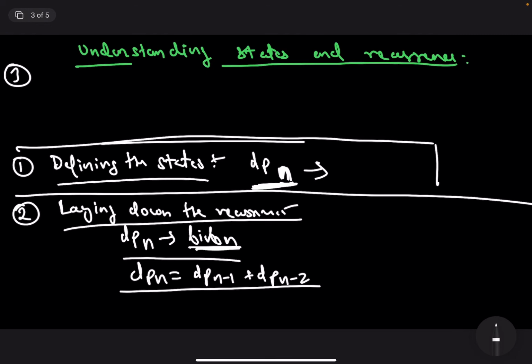To become very good at DP, you must be able to visualize the states of the DP as a graph. Basically, the states of the DP are nothing but a graph structure. States are analogous to nodes of a graph, and recurrences are analogous to the edges of a graph.